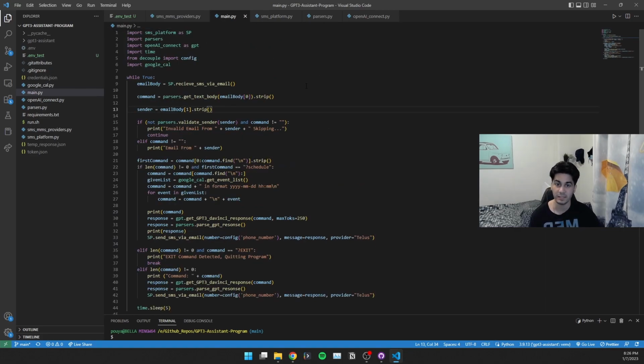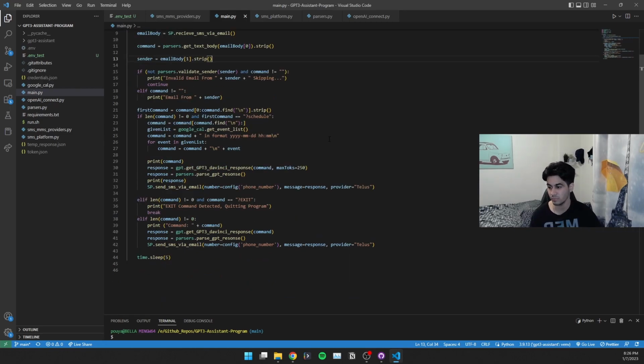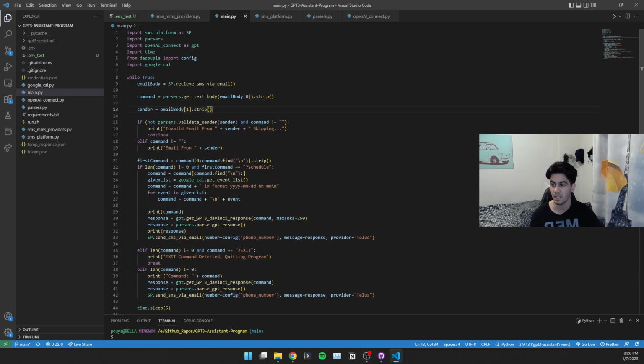So this is basically the main file. What this does is it's an infinite loop, and it keeps checking for new emails and makes sure the email is not just a random email. It will be an email with a 10-digit phone number at the beginning. Then it will use a parses